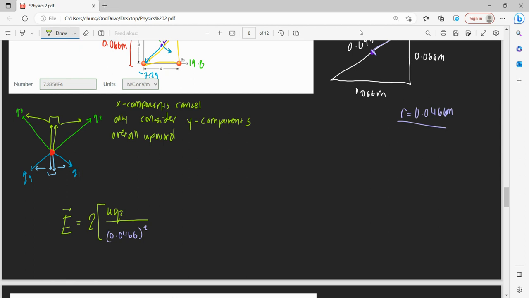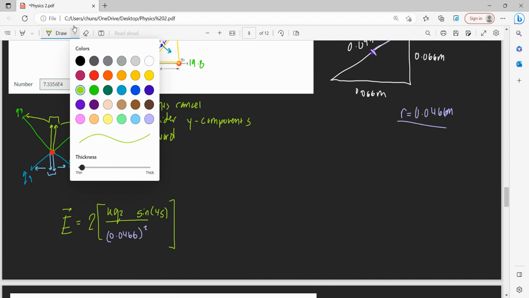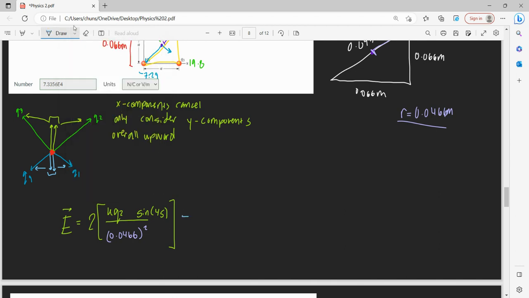We know we also need the y component, so that's why we throw in a sine 45. And we know it's 45 degrees because it's a square. So that is for our upward force, and now we need to subtract our downward force. Let's use Q1